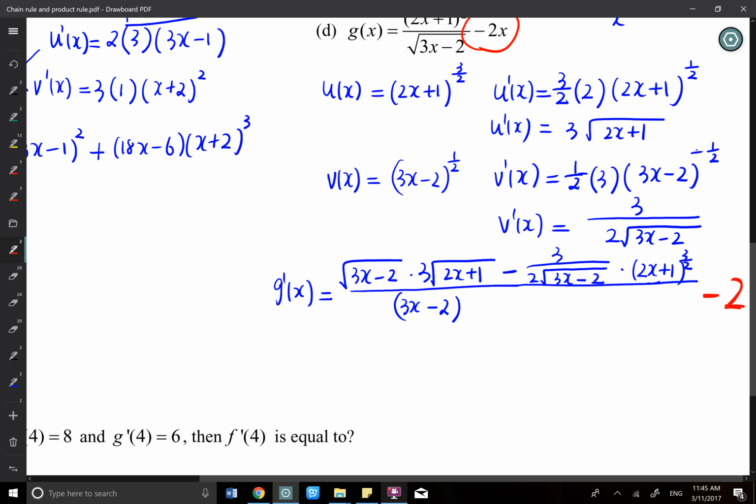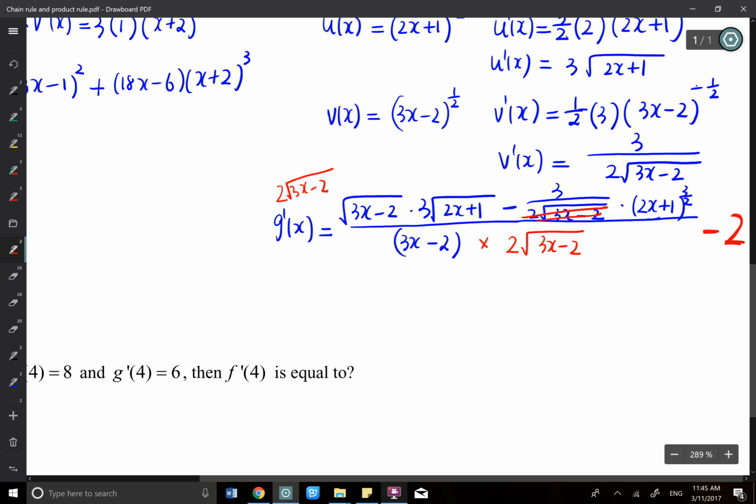Now, what we'll do is, I will times 2 square root (3x - 2) on both top and bottom of this fraction. So that one will be times by 2 square root (3x - 2), and then you times this 2 square root (3x - 2) on that term, and when you times with that term, that number will just be gone. So the g'(x) equals 2. Those two can be combined together. That's 1, and the 3 in the front, that's a 6, and (3x - 2) times square root (2x + 1)